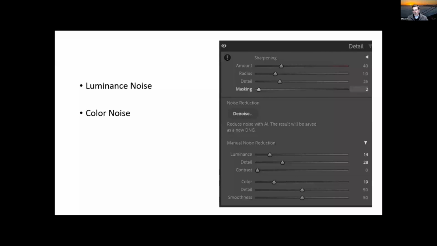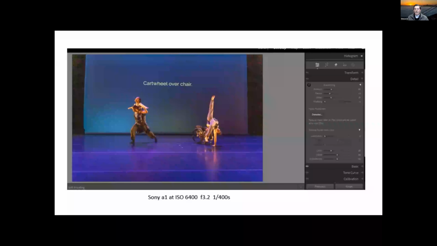In Lightroom, we have a choice. There are two kinds of noise: luminance noise and color noise. Topaz actually has sliders to work on both of those. In Adobe, they only have one slider in their AI noise reduction program, but it does both luminance and color noise. If I'm using manual, anywhere up to 1,000 ISO, I'm probably using manual denoise reduction. If I go above that, I'm going to go